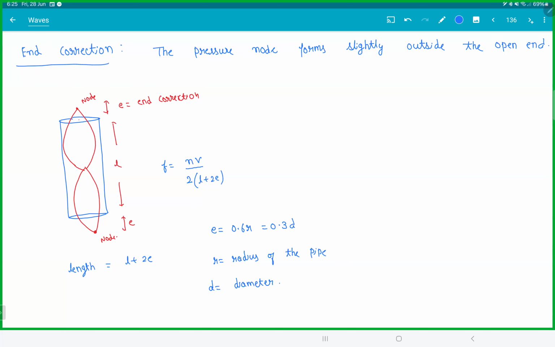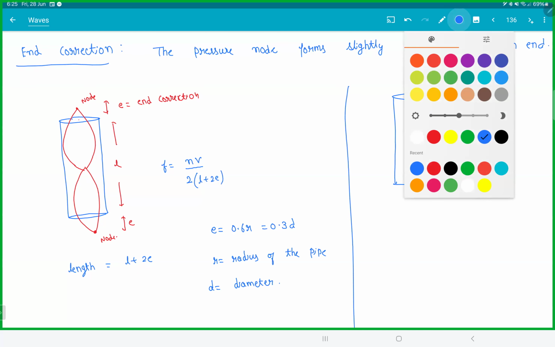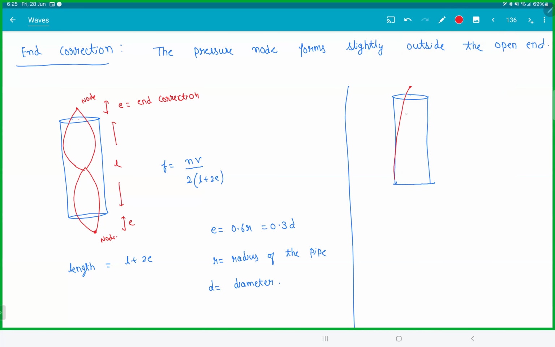When do you know you have to use this? If they give you the radius of the pipe, that is a big hint that he's talking about an end correction. Same thing, if you take an open and a closed end, in this case, there's only one open end. So this is E and this is L. So here the formula becomes 2N plus 1 V by 4L. L ka place will get L plus E. So exactly same thing, only thing wherever there is an L,